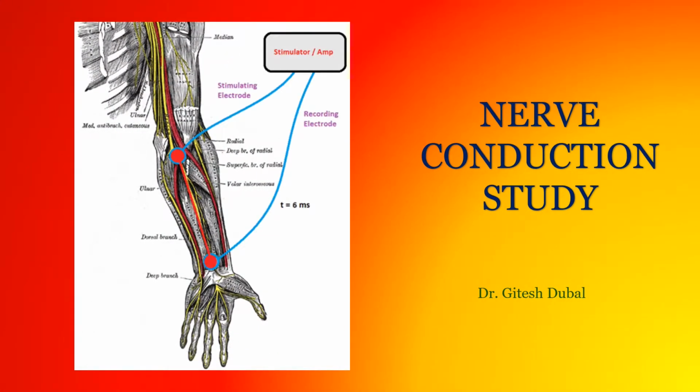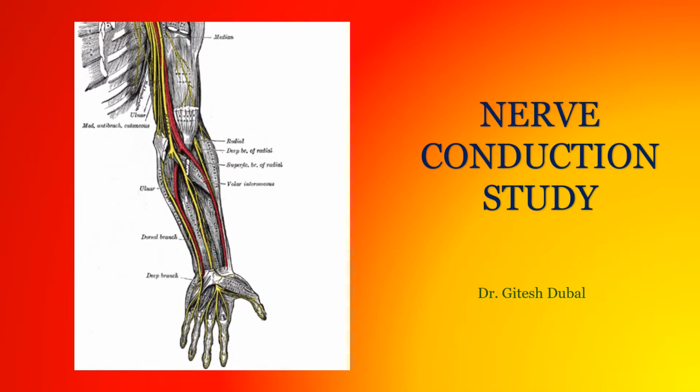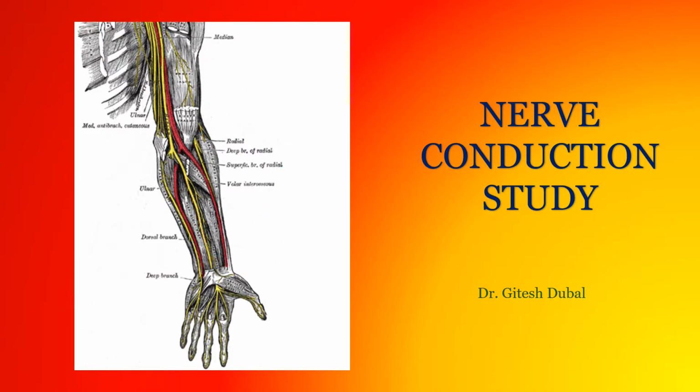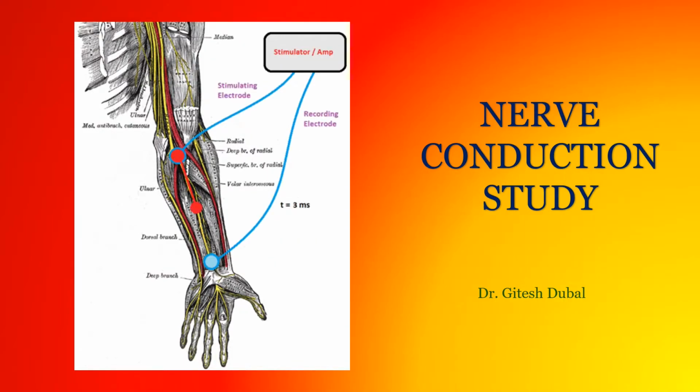Hello students. As a practicing physician, many a time the physician is presented with patients complaining of tingling and numbness in the upper and lower limbs. Though the majority of them are either known or unknown cases of diabetic neuropathy, some of the cases may be of motor neuron diseases also. To find out such diseases and come to a pinpoint diagnosis, nerve conduction studies are very helpful.